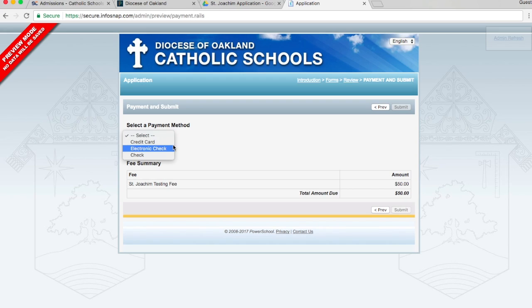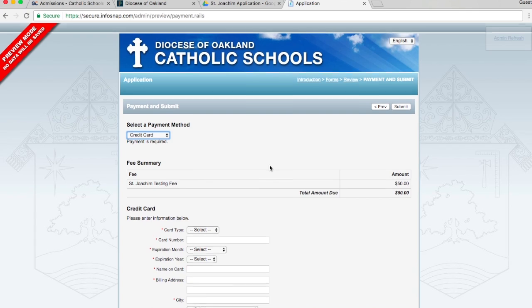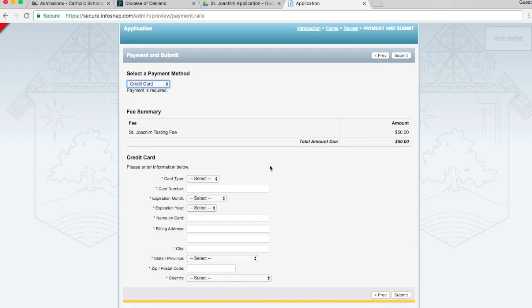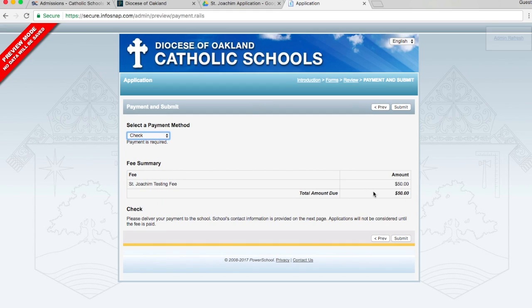You'll have a few payment methods also decided by the school. Some schools allow payment online, and some schools only accept payment by check. If you select credit card, you'll be able to conveniently pay your fee right on this page. If you select a check, you'll be told the fee amount, but you'll have to deliver your fee to the school. Once you click Submit,